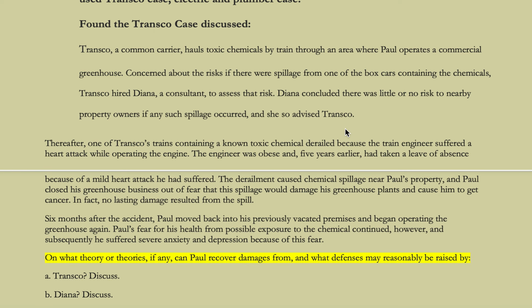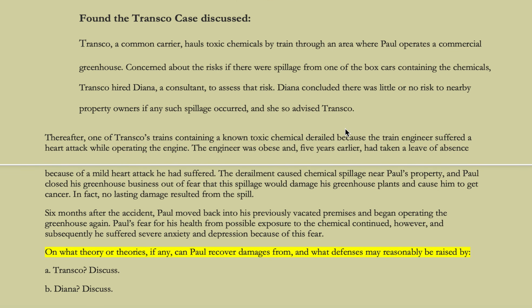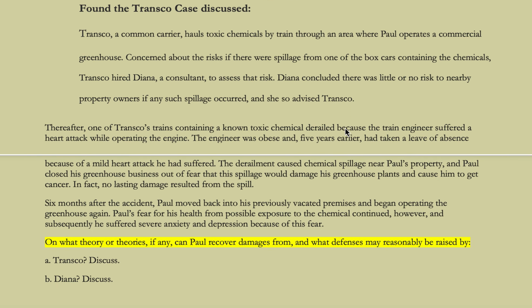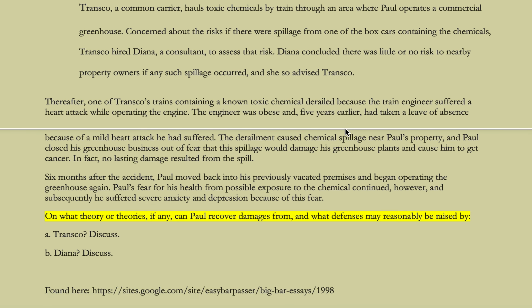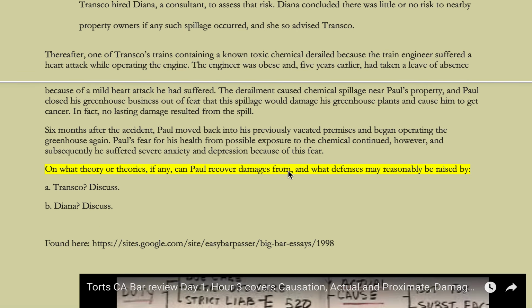Somebody else could, and if you can find it, just post it here. These other cases. So the Transco case that he refers to talks about what theories Paul can recover damages on and what defenses he can reasonably raise. Now, when he talks about causation, Emerson,